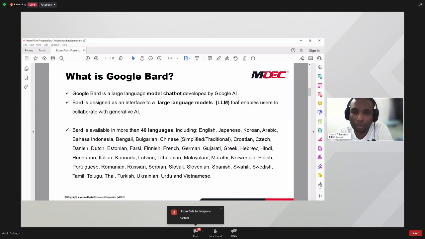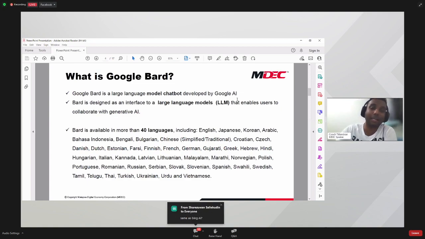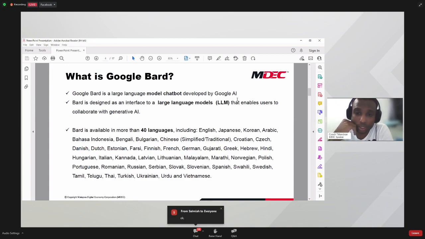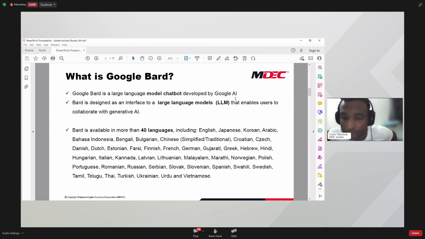So the information you search in Google Bard will automatically be generated in Google Bard, and the info we get is pulled from Google search. So what do we normally use Google search for? Let's say you like to watch football, you might go to the Google search engine and type what's the latest news of your favorite football team. You can do the same thing in Google Bard.